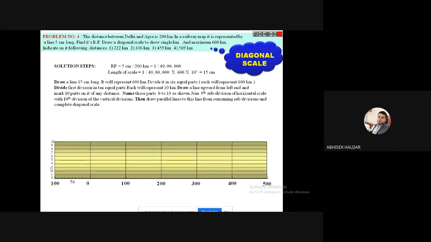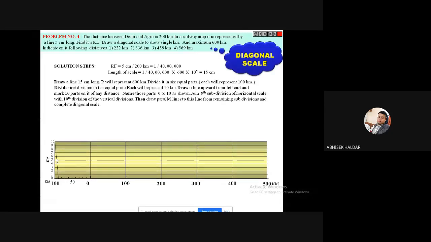Now the concept of the diagonal line will come. Now see, I will draw the first diagonal line. See carefully. They are showing the units, all in kilometer. This is the first diagonal line that I have drawn from the 9th point, because this is my 0, then 1, 2, 3, 4, and this is the last before point, so this is the 9th point. From the 9th point of the horizontal division to the 10th point or top notch point of the vertical division, if I join, I will get a diagonal line.